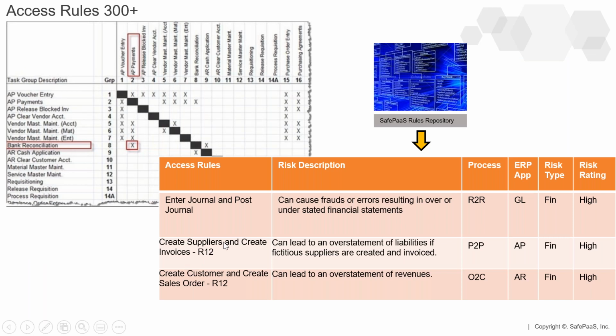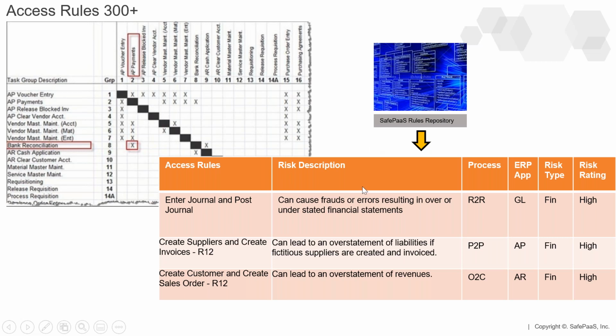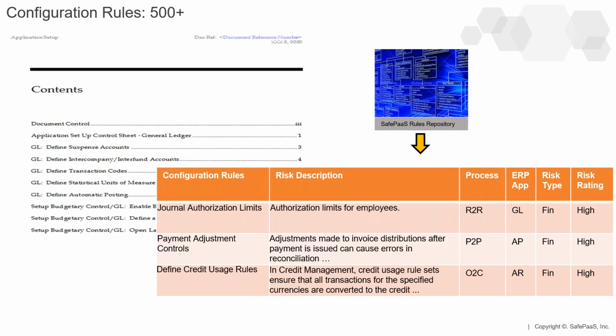I've included a few examples just to bring that to light on where you can start today. So if you are interested in setting up a fraud program and automating that, we will start by giving you a list of 300 plus access rules across all your key processes, like entering journals, posting journals, where you can reverse journal entries, for example. We can give you a list of configurations that are documented in your design documents of your ERP system. We can compare those against the catalog of 500 plus configurations we have, for example, journal authorization limits, payment adjustments, and so forth, and identify where you can immediately get value by finding gaps in your current process controls within